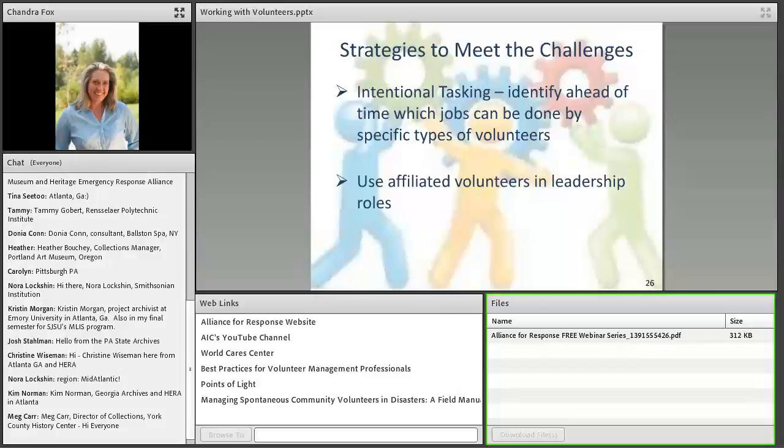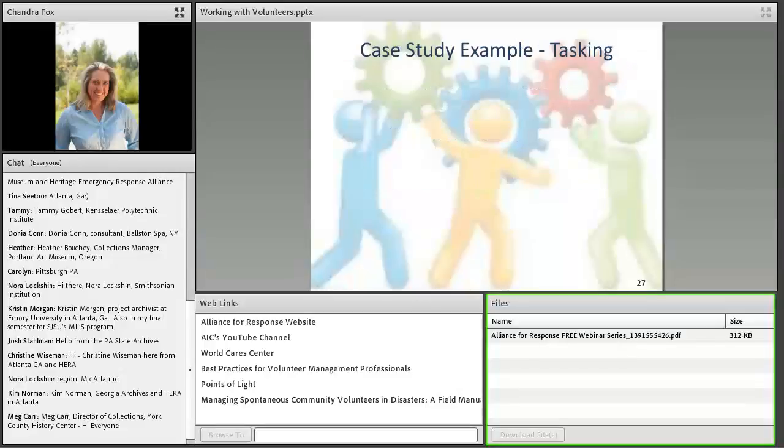This would be something, if you have docents in your museums, or even grad students. If you're part of a university system or something, are there grad students that you can pull in and press into service in this manner? So what we did with our landslide response,